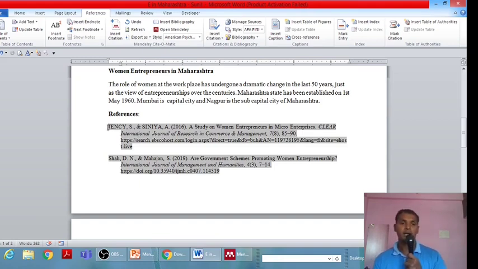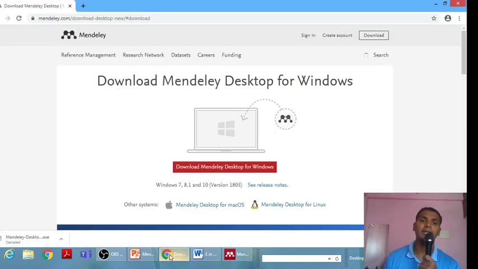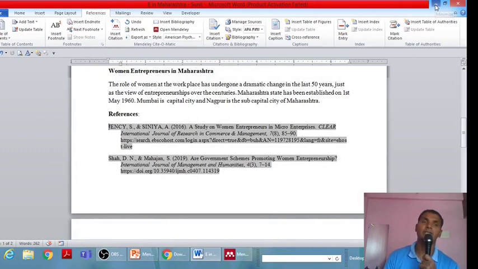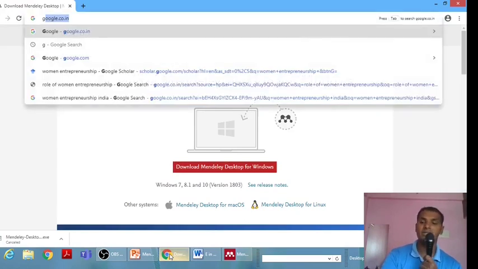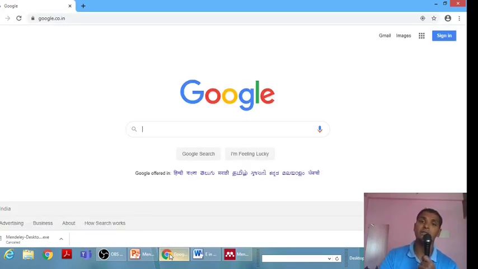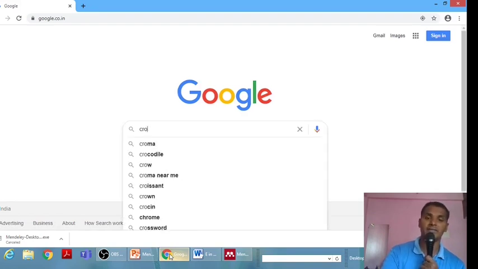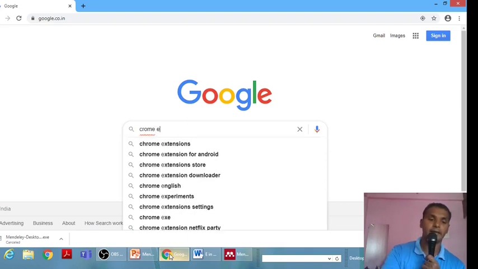But here I wanted to tell you, if I am going to use references from the internet or from web pages, at that time also, by using the Mendeley software, how to give the citation or references into this research paper, that we are now going to learn. So if you want to add references and citations from web pages and from the internet, what do you have to do? First go to Chrome extension.